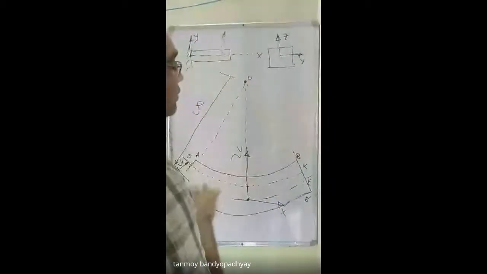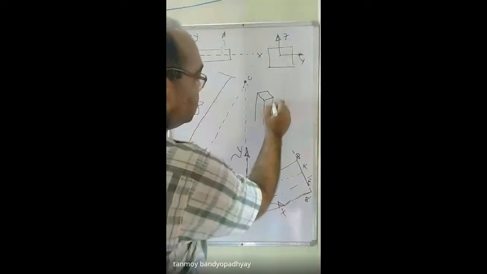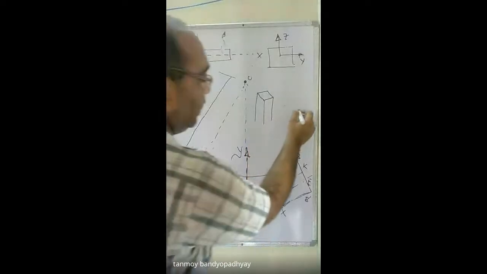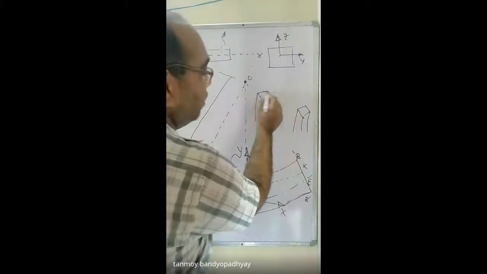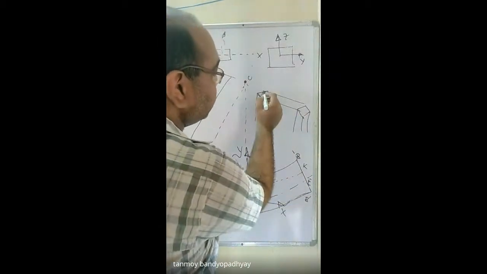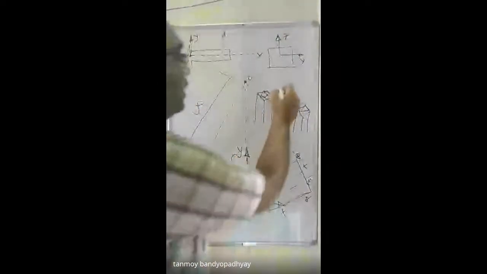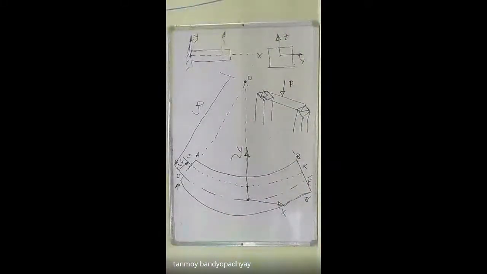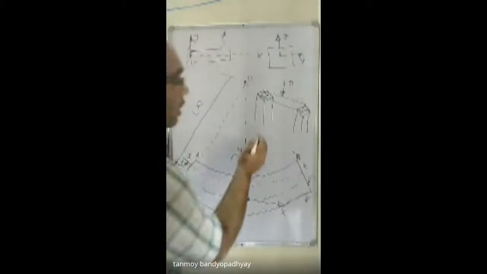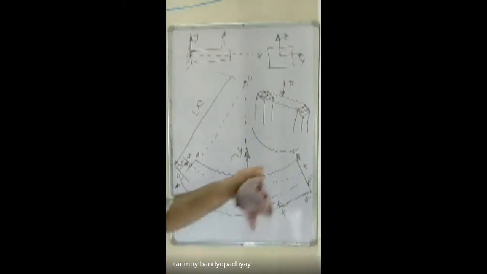In your home, you have columns like this. A column is a vertical structure. And again you have a column like this, another vertical structure placed at a certain distance. And on these two columns, a beam of a certain cross section is placed, right? So what sort of load is coming on this? On the beam, the entire weight or load of the structure is resting. So this beam will always be under bending. It will bend somehow like this.